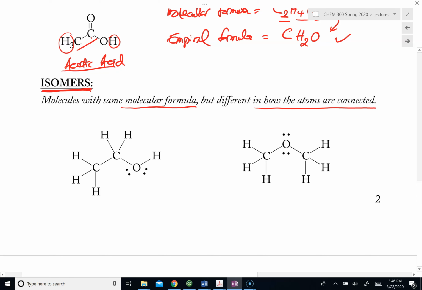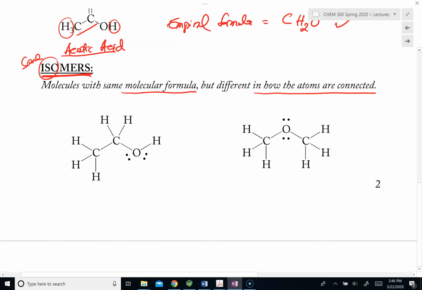The reason why we call them isomers is that iso means the same, and here in this case, same molecular formula. So if we were to be given the chemical formula of this molecule, if we were to add all of this up, this is C2H6O1. And for this molecule, this is also C2H6O1. So these 2 substances have the same chemical formula, and therefore we call them isomers of each other,